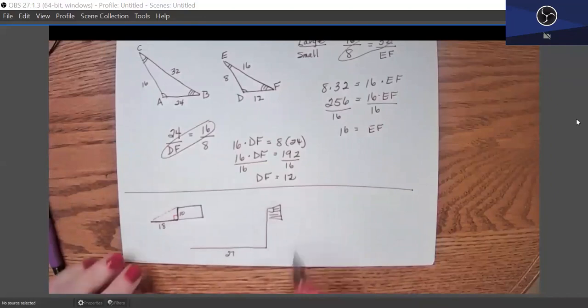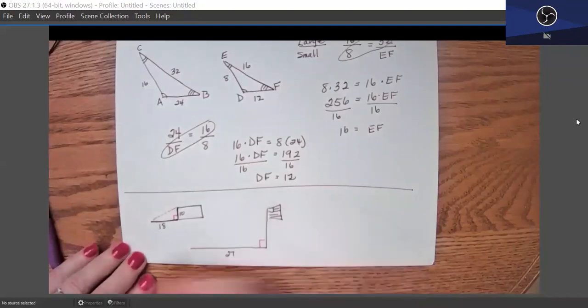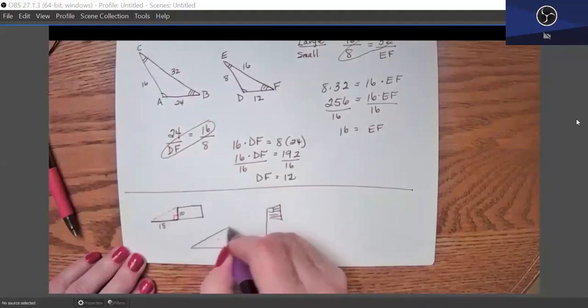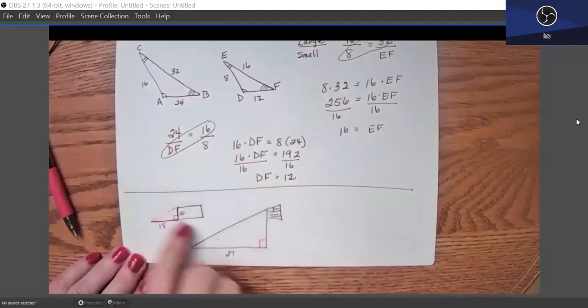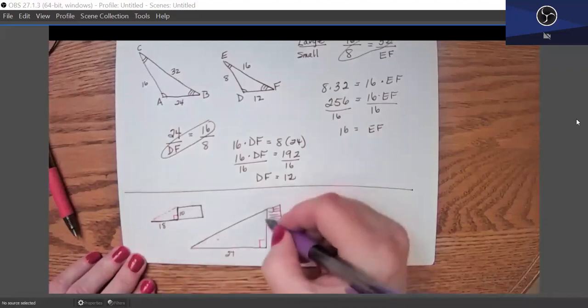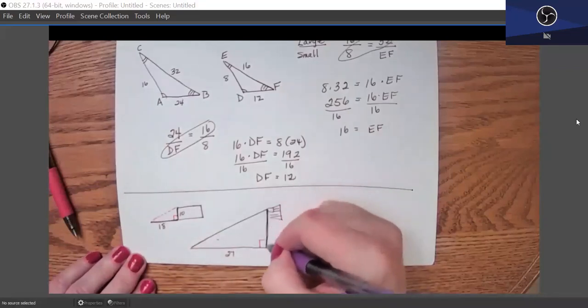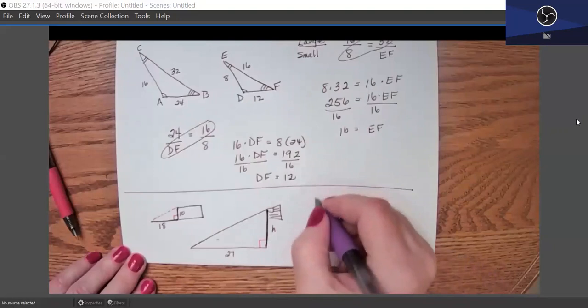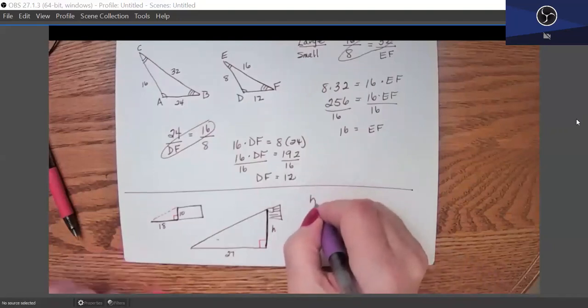Well, shadows are created by the angle of the sun. And so that must mean that these two triangles are similar, which means the height of the flagpole, so we'll call that H. The height of the flagpole